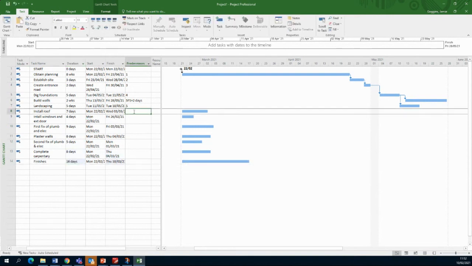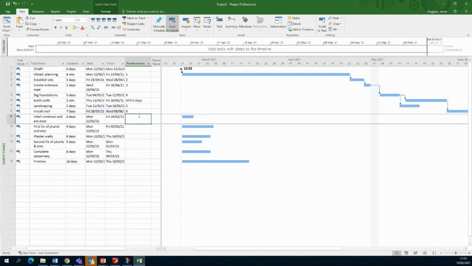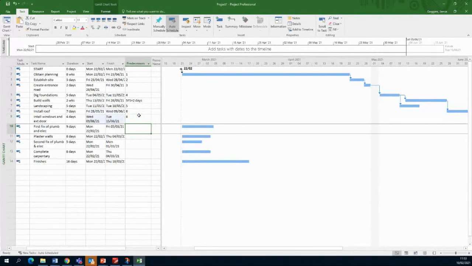Okay. And then install the roof. We can't put the roof on until the walls are on, so that's row 6 for that. Install windows and external doors. We want to make sure that the roof is on before we do that, because we don't want it to blow out. We first fix the plumbing and electrical works, so we can do that once the